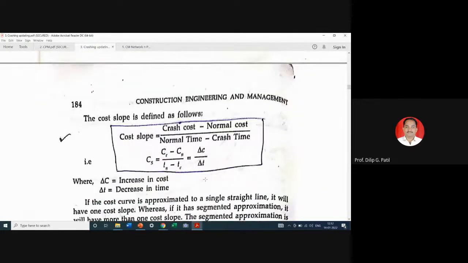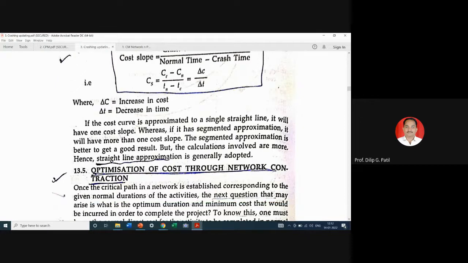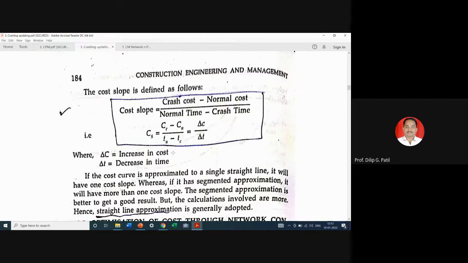So this is cost slope. If the cost curve is approximated to a single straight line, it will have one cost slope, whereas if it has segmented approximation, it will have more than one cost slope. The segmented approximation is better to get a good result, but the calculations involved are more, hence straight line approximation is generally adopted. So generally you can consider this line as a straight line